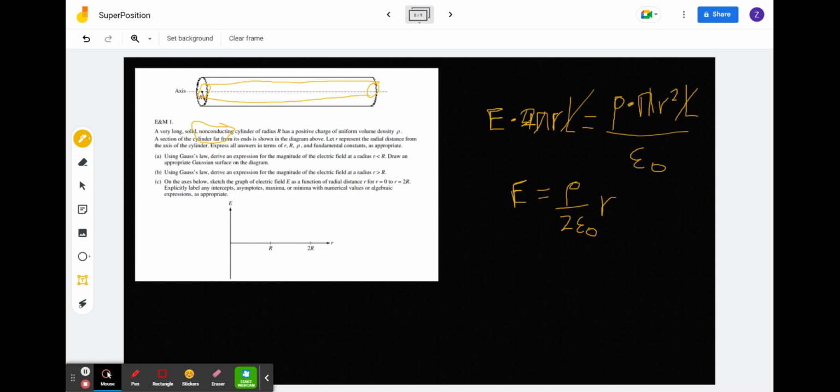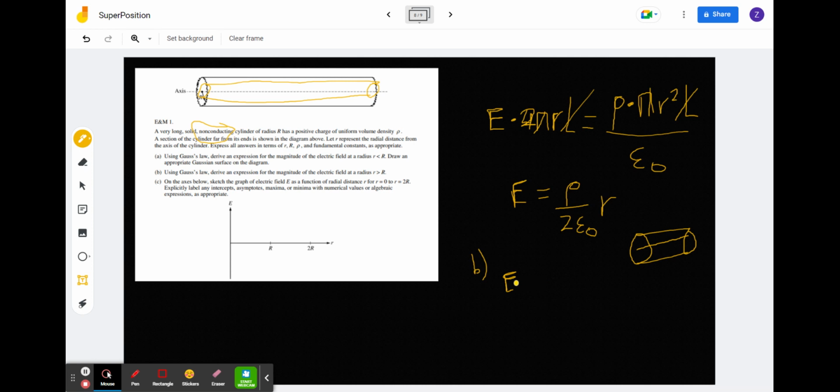B, using Gauss's law, derive an expression for the electric field for radius r greater than R. Now in this case, the charge does not increase as we increase r. It's just constant. So our Gaussian surface, when it's a cylinder, we can approximate as a line of charge in the center. So we take our Gaussian surface, and our charge inside will be something like this. So if we just cut out a quick section of length L,